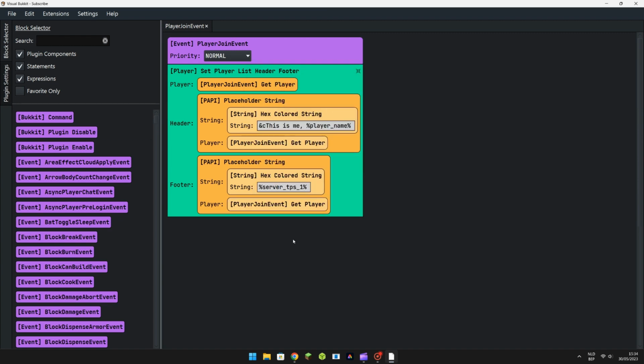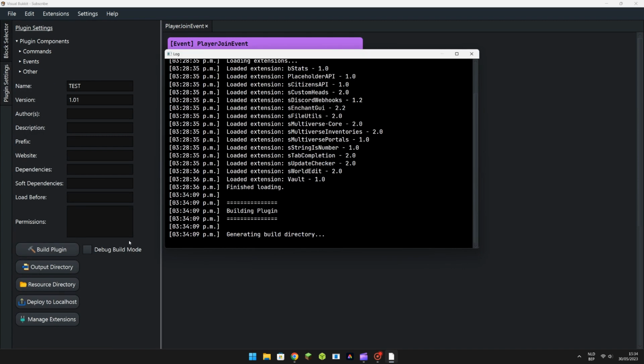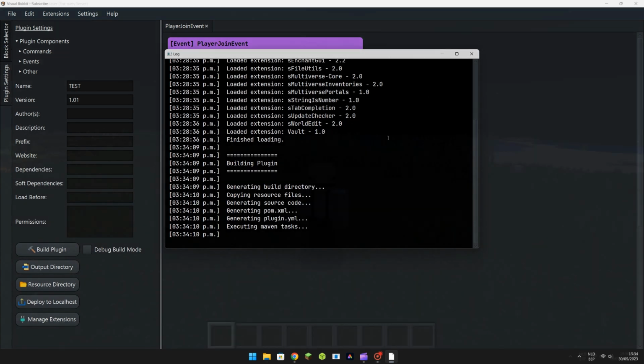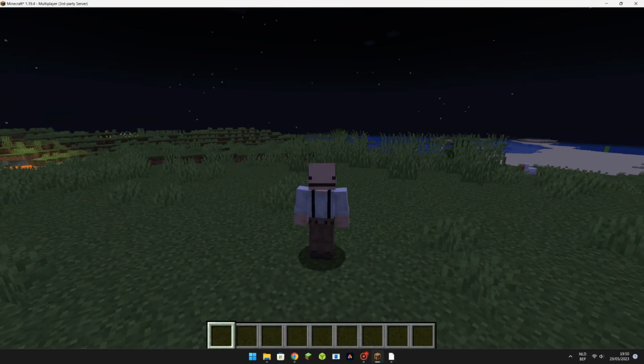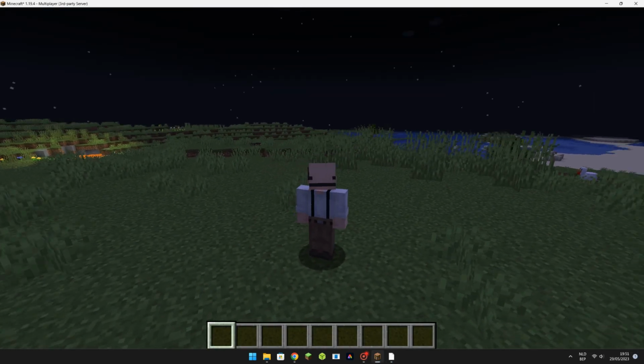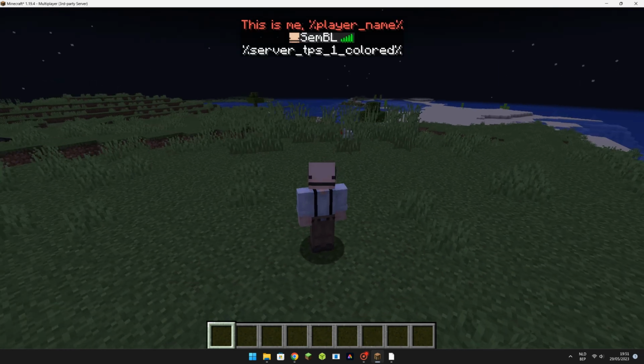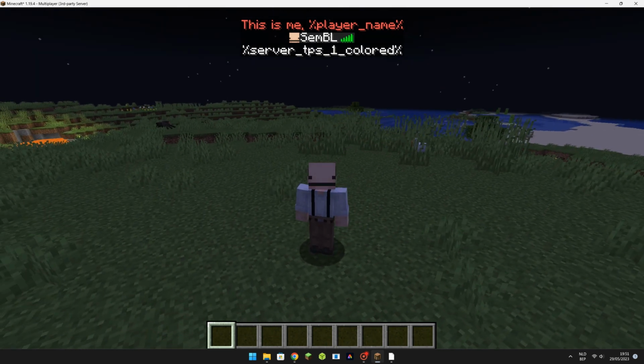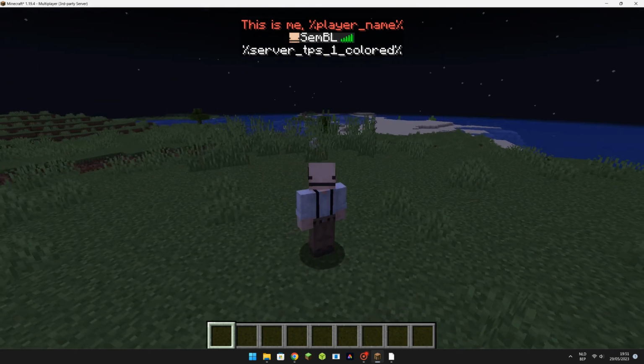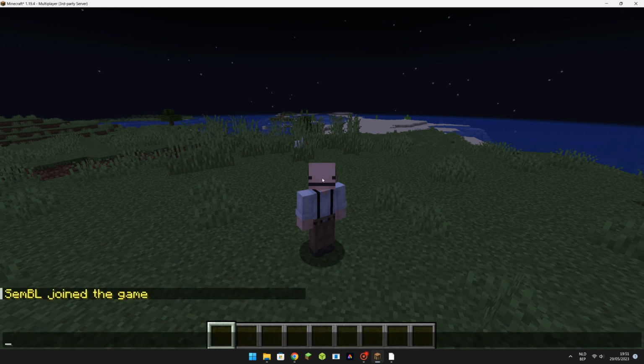Now build your plugin and drag it again into your Minecraft server. So when you installed your own Visual Bukkit plugin into your Minecraft server, you should see this. Above, player name with percentages and without, and beneath also percentages and the server TPS. If you want it to disappear, you need to use the Placeholder plugin into your server and do the following